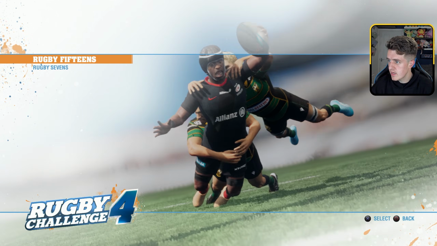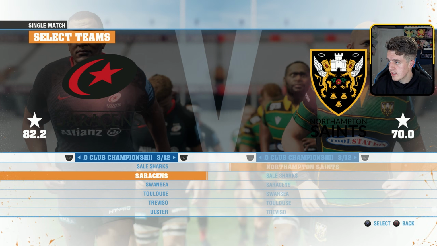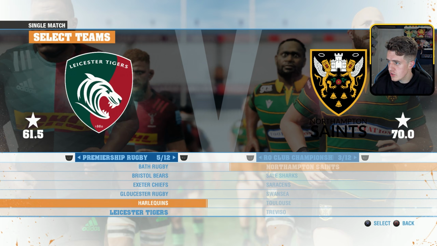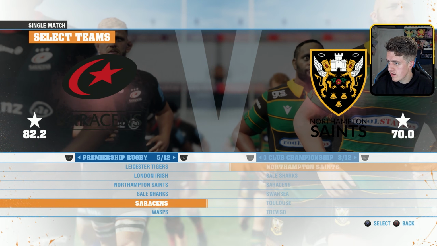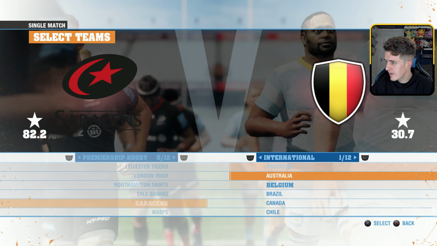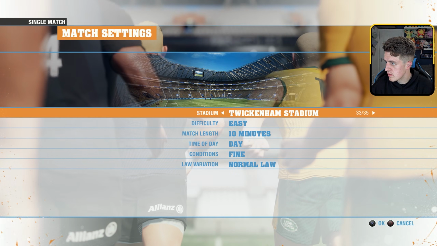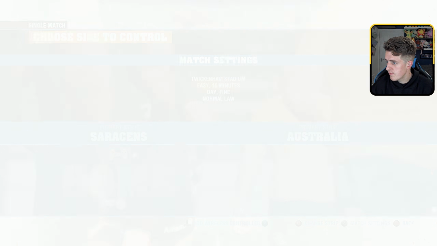And I go in single match, Rugby 15, and it has all the licensing like Saracens. I mean, it had all the Premiership, New Zealand Cup, Premiership Bristol Bears, Chiefs, Gloucester, Quins. Had the official people as well. So for example, you say Saracens, and then if we were to play against an international team like Australia, which was a licensed team, that's perfect. And I even had the official stadium as well. So if you click confirm,